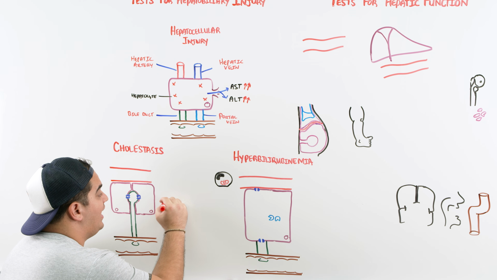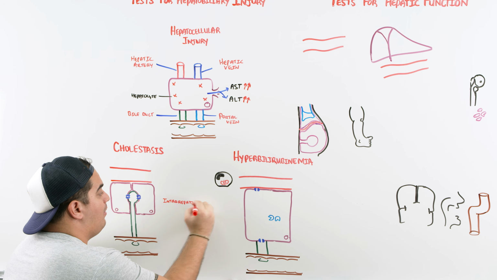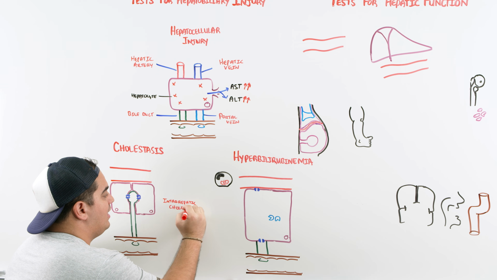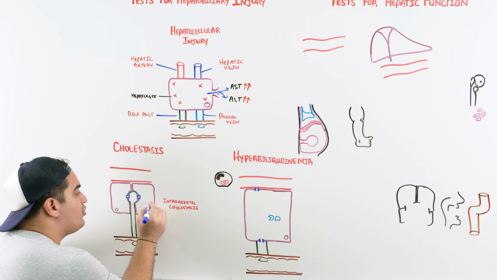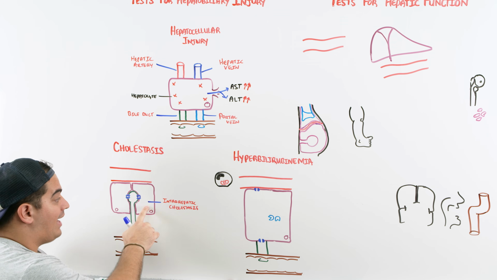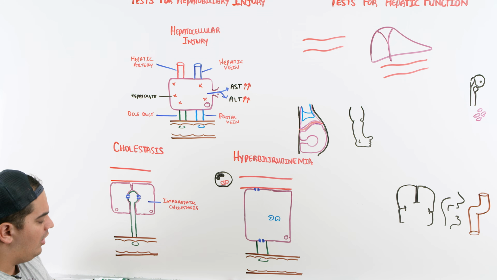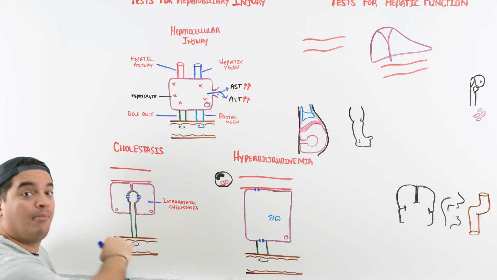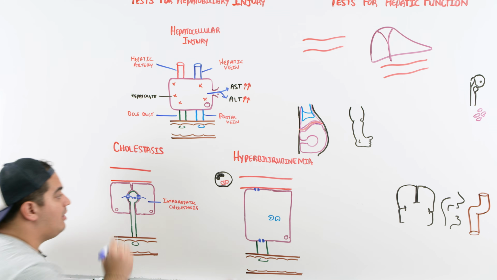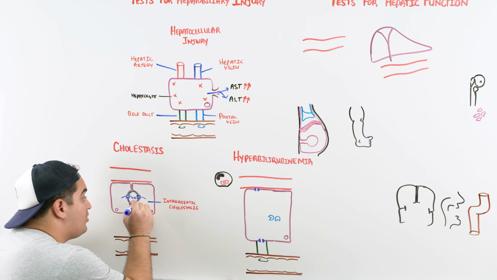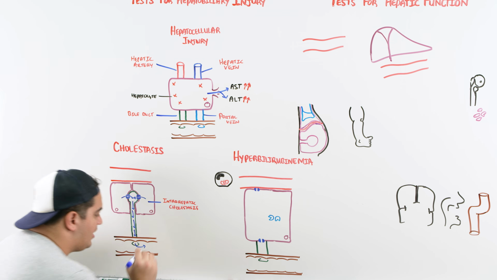One is we call this intrahepatic cholestasis. And with intrahepatic cholestasis, this means that there is not really a good movement of bile, usually inside of the liver. So here's our hepatocytes, here the biliary canaliculi surrounding the hepatocytes. Usually what happens is these hepatocytes make bile, and they secrete this bile into the biliary system. And then it's supposed to move through the biliary system and then from here into the small intestine